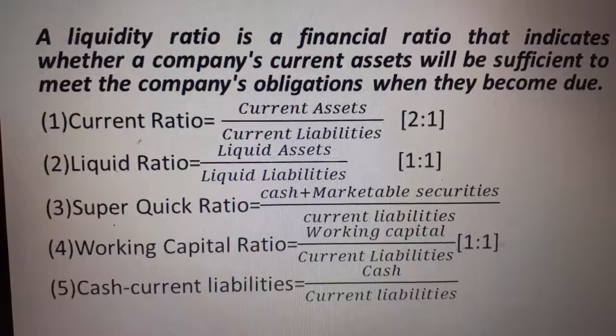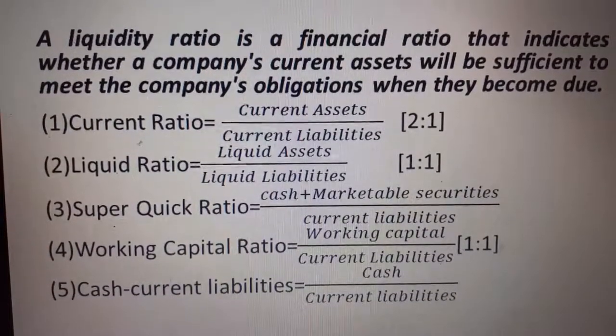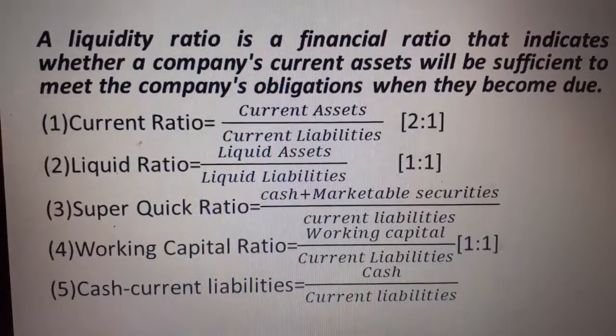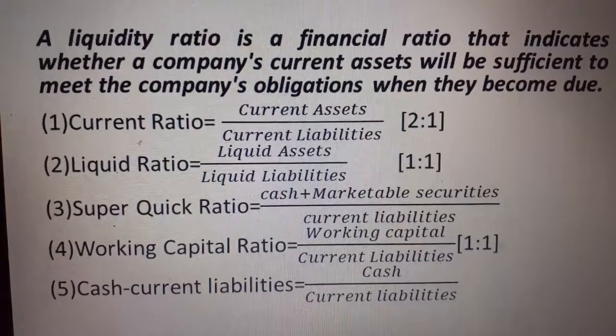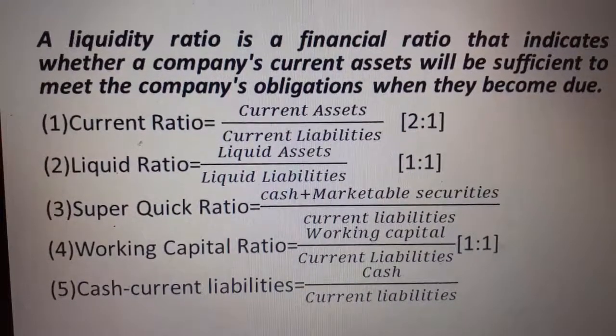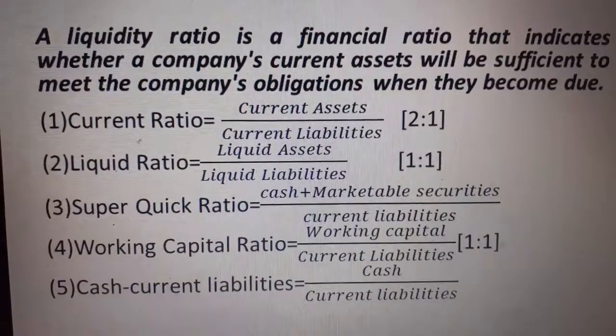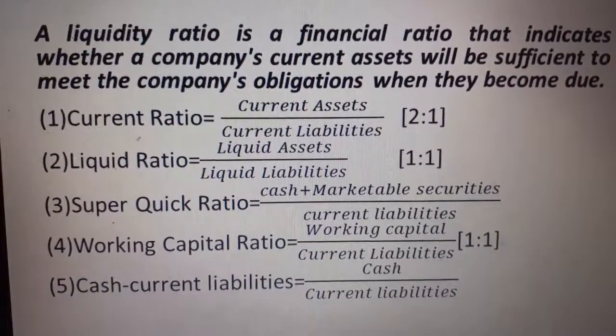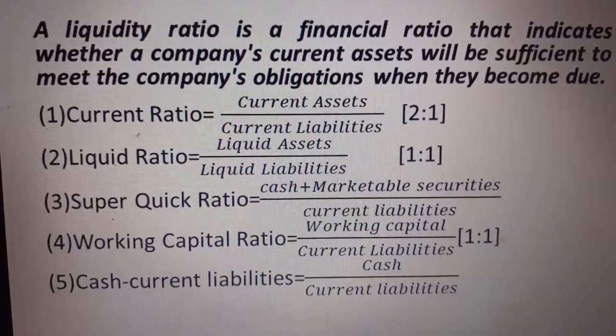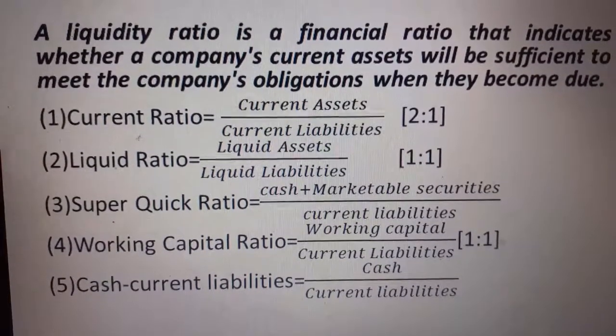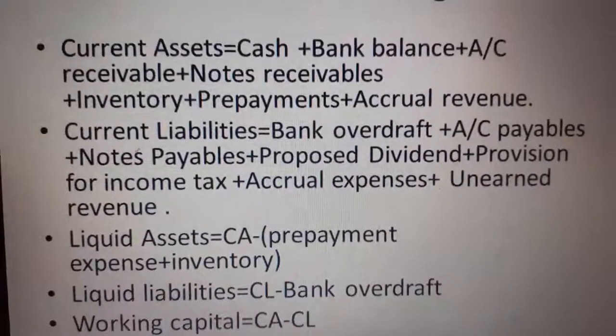Super quick ratio, cash plus marketable securities divided by current liabilities. Working capital ratio, working capital divided by current liabilities, and its standard is 1:1. Cash current liabilities ratio, cash divided by current liabilities. Here there are some